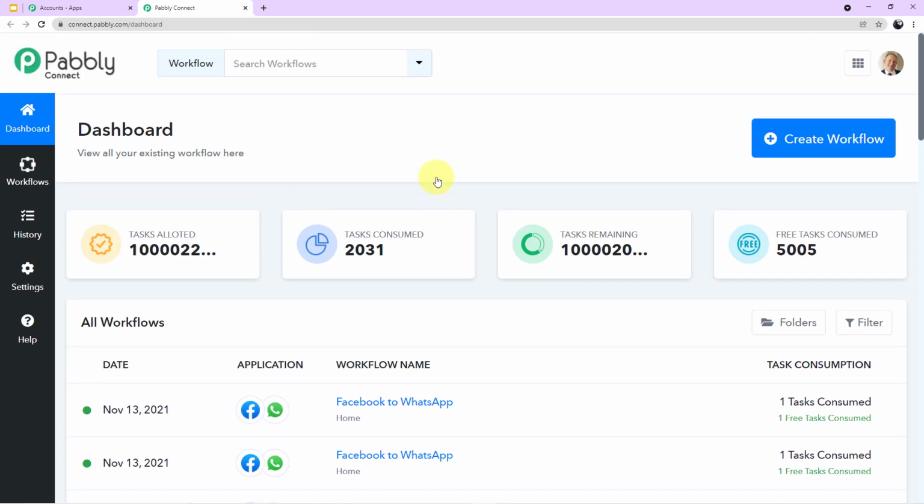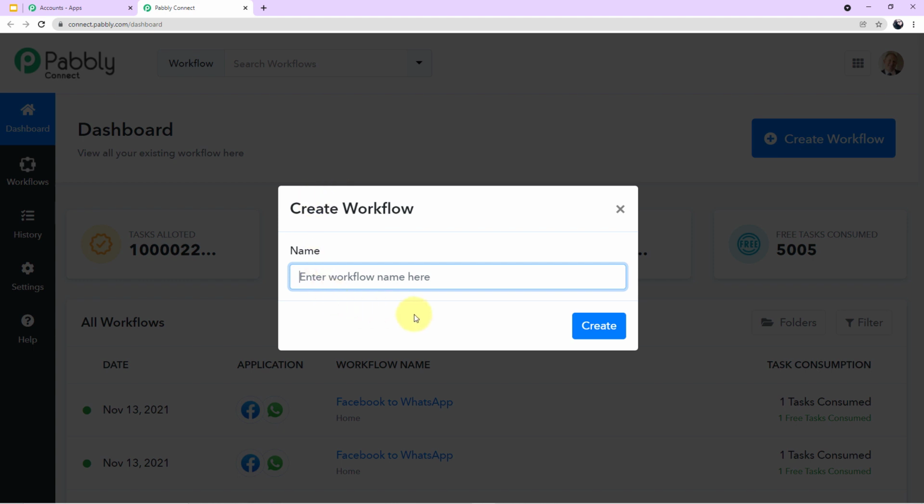Now we have to create a new workflow. So for that, come to your right corner where a blue button is given to you. Click here and a mini box will emerge in front of you. Now this box is asking to name your workflow. So let's name our workflow. Okay, as you can see on my screen, I have given the name to my workflow, which is capturing the order details in Google Sheet. I have given a name which I can remember afterwards.